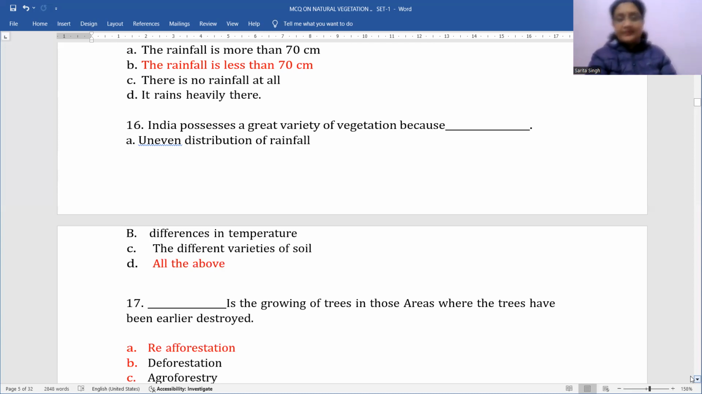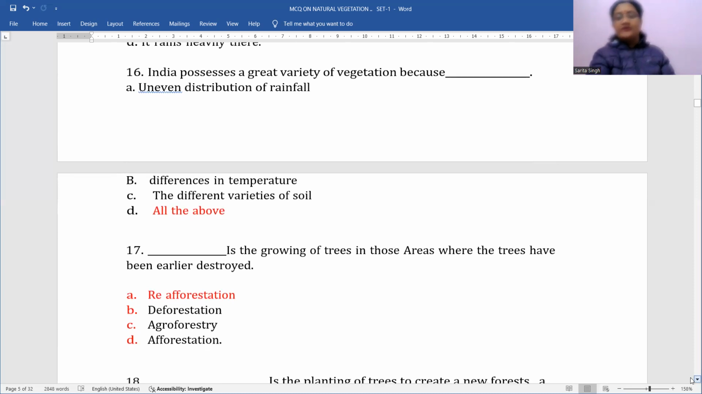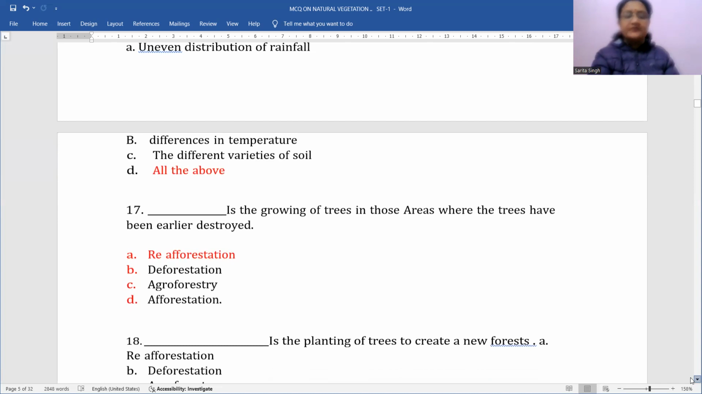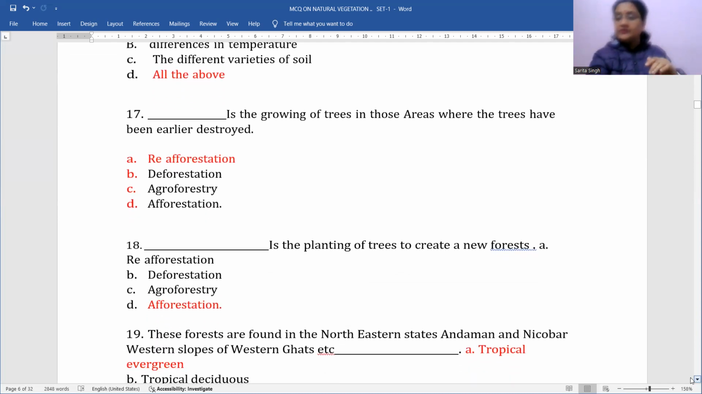यस, यहाँ पर जो एप्लीकेबल होगा वो होगा ऑल द अबव, क्योंकि बाकी तीनों ऑप्शंस जो हैं बच्चों यहाँ पर सही है. ठीक है, अच्छा. नेक्स्ट क्वेश्चन है, डैश इज द ग्रोइंग ऑफ ट्रीज इन दोज एरियाज वेयर द ट्रीज हैव बीन अर्लियर डिस्ट्रॉयड. अब यहाँ पर क्या टर्म आ रहा है? अर्लियर इट वाज लाइक फॉरेस्टेड एरिया वाज देयर, इट वाज डिस्ट्रॉयड, अगेन प्लांटेशन इज डन, तो इसको हम क्या बोलते